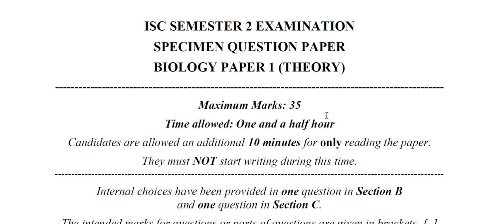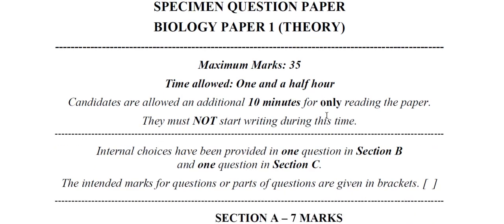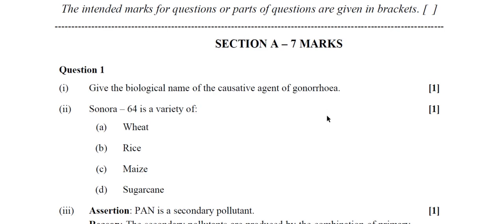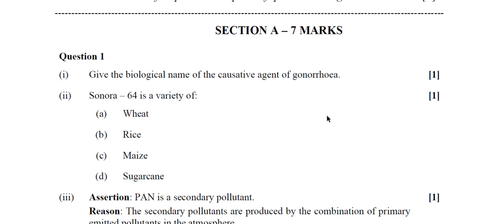Now in this paper there are three sections: section A, section B and section C. Section A carries 7 marks, section B 16 marks, and section C 12 marks. Okay, so let's begin. In section A, 7 marks, the first question is, give the biological name of the